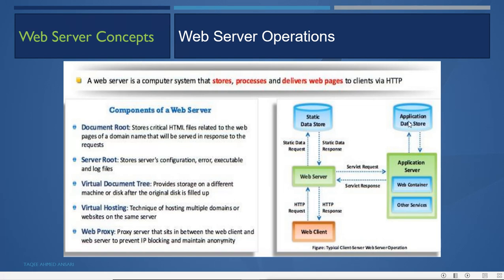So they will get the data from the database server, get the response, and authenticate the user, or they can give you the data through the web server, and the client will get the data. So this is normal web server operation.